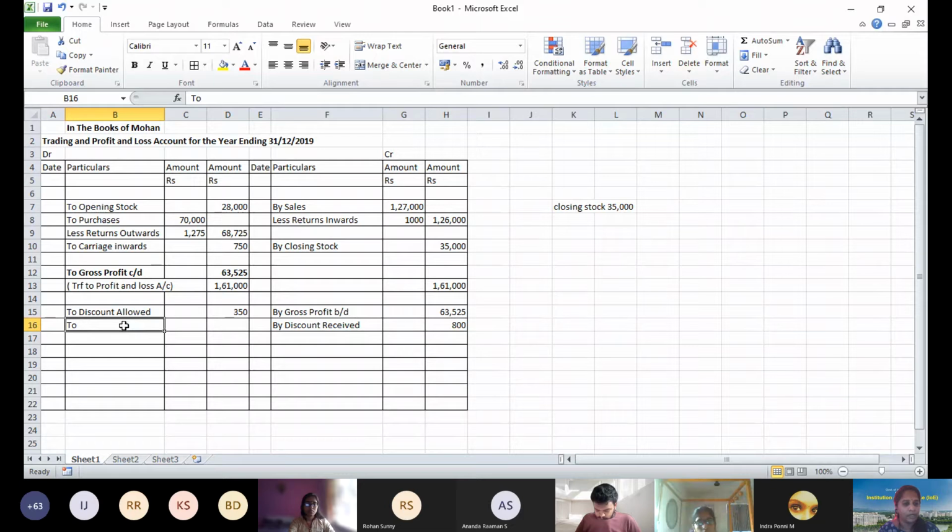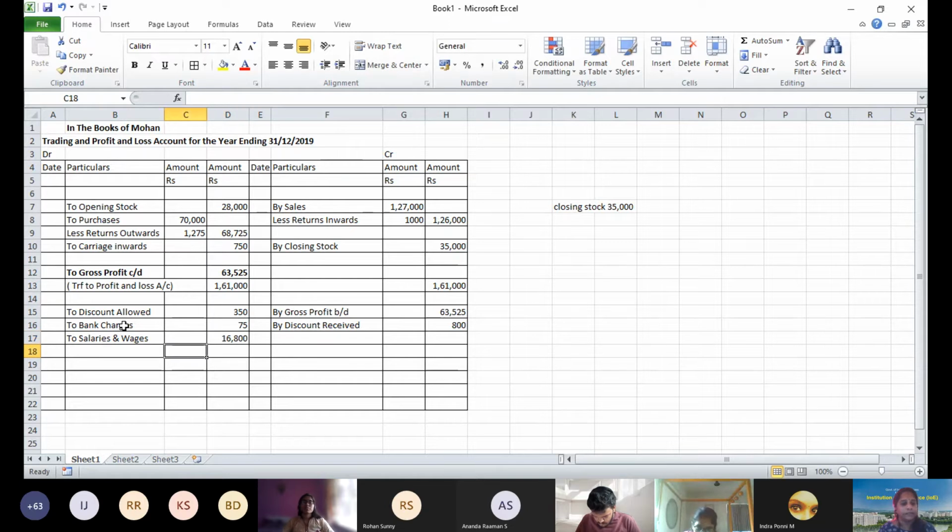Discount allowed over. Now, bank charges. Bank charges, how much is it? 75 rupees. Salary and wages, it's an indirect expense. Somebody asked me, I think Rangacharya asked me that doubt. So salary and wages and wages and salary, a very clear explanation. Salary and wages is on a monthly basis, and wages and salary is on a daily basis. So salary and wages, what is the amount?